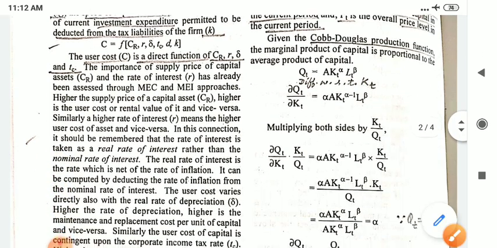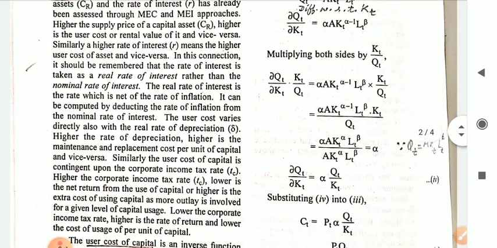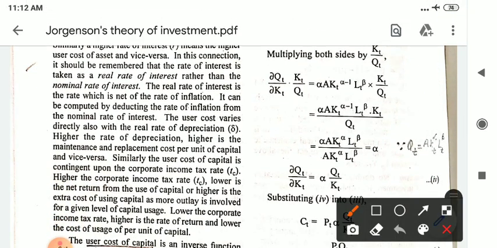After this, we are multiplying both sides by K_t over Q_t. We are multiplying the left-hand side and the right-hand side by K_t over Q_t. So what we get is ∂Q_t/∂K_t into K_t over Q_t, which is equal to, we also multiply K_t over Q_t on the right-hand side. In the next step, we write it in a smoother manner, that is alpha into A K_t raised to power alpha minus 1 into L_t raised to power beta into K_t, whole divided by